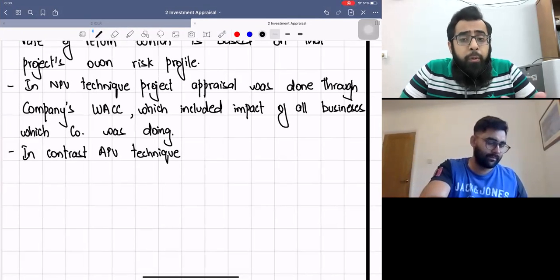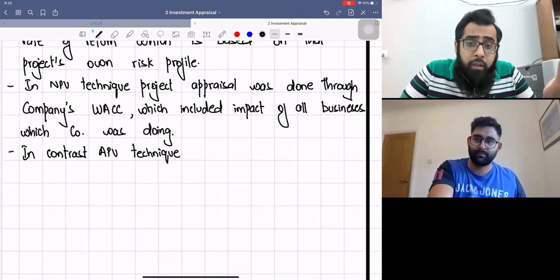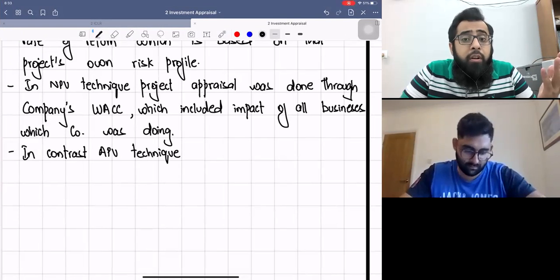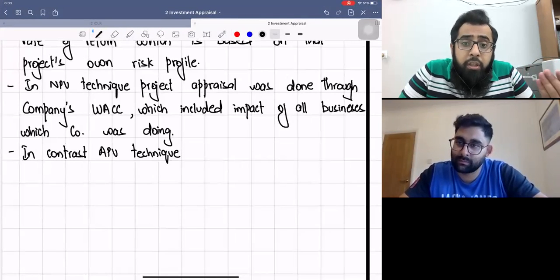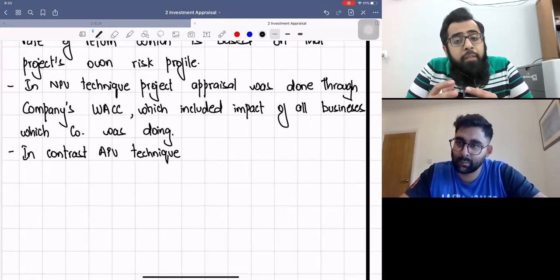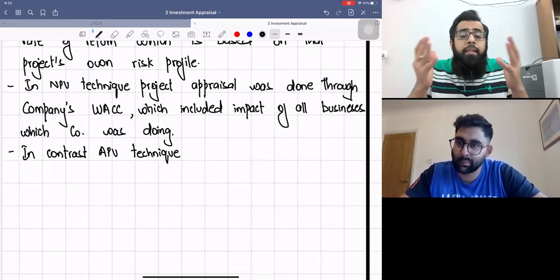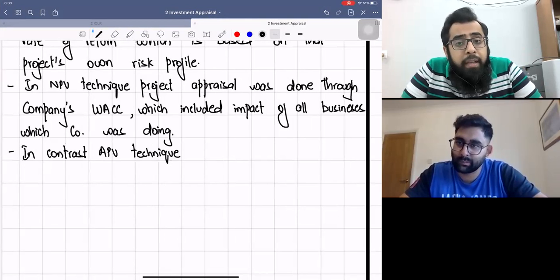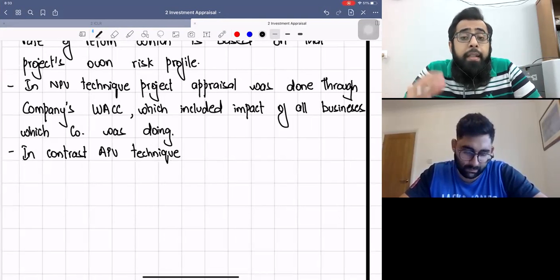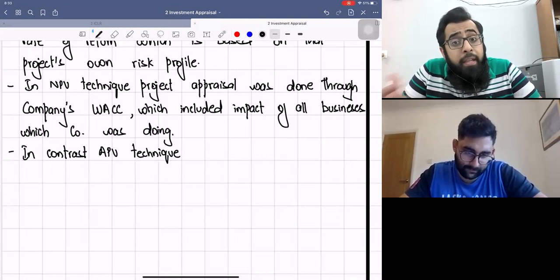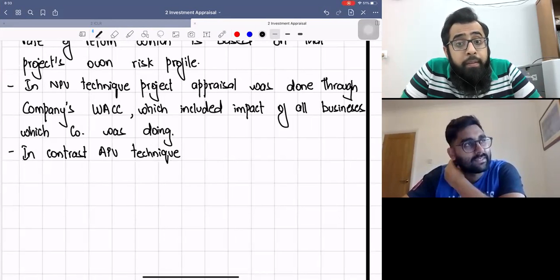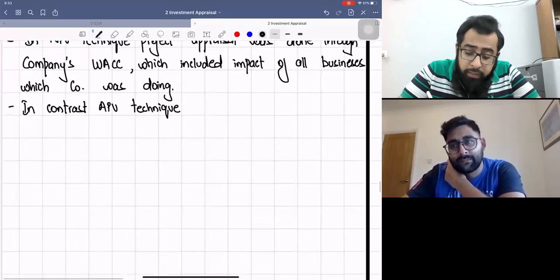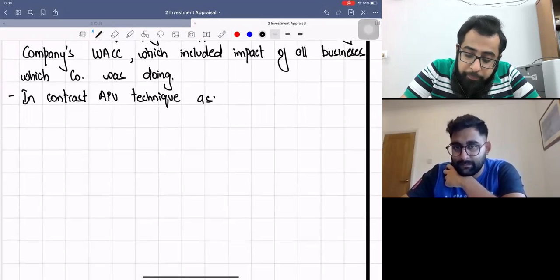If you remember the chapter of WACC which you have studied in your past studies of financial management, you know the calculation of the WACC. In the NPV technique, when we calculate the WACC, it considered the capital structure of the company as a whole. It considered the beta equity of the company, those beta factors of the CAPM model. In contrast, the APV technique assumes